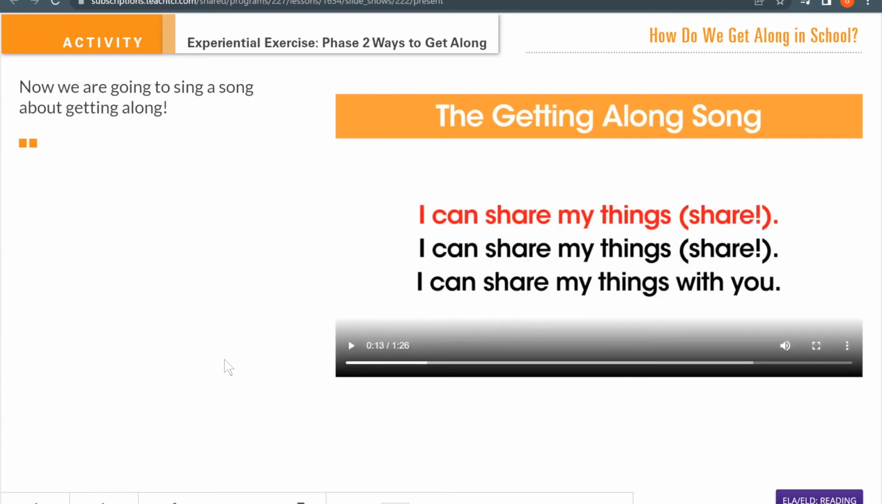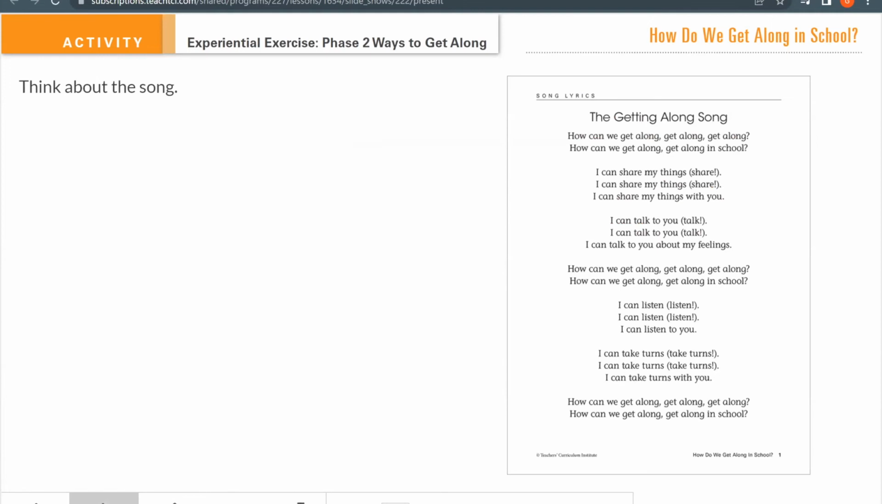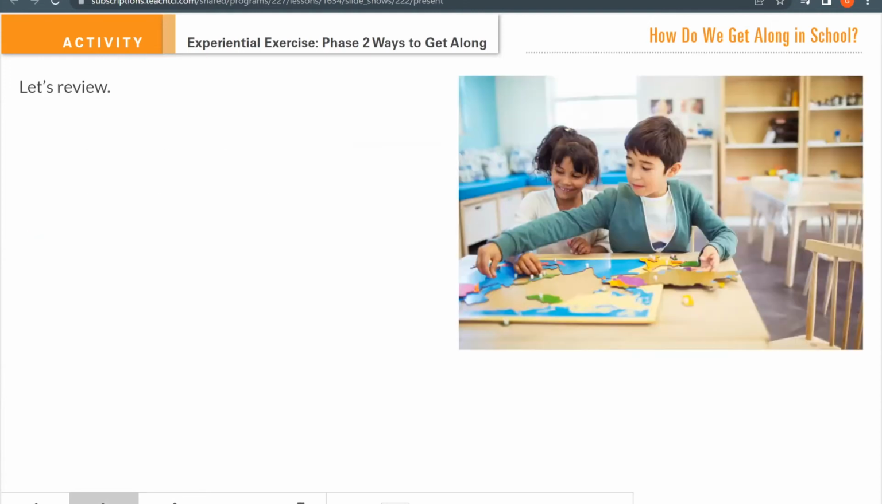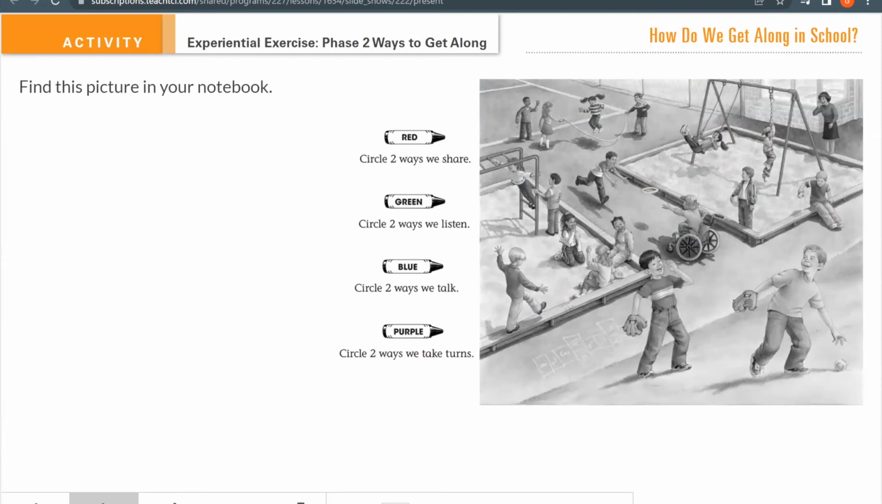And it's quite sticky, by the way. You and your students will be singing that for hours after. But then we want them to think about that song and how many ways we can get along. And then we want to review. So what do you share with your friends? Why is it important to share? And then again, we find this picture in our notebook to color in,